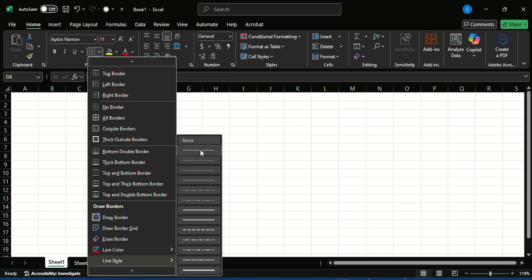So let's say instead of these continuous lines, I want these broken lines, or whichever option it may be. Let's say I want this thick border, or whichever one best suits your situation. So you can go ahead and select. Preferably, before you start drawing, you can select the line color and the line style, then you can go ahead to